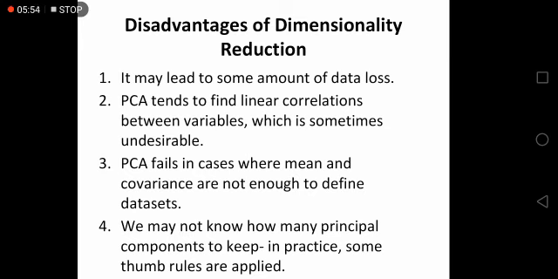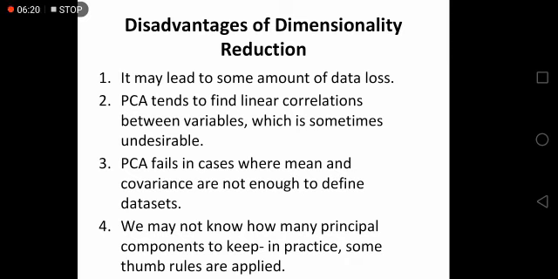When coming to the disadvantages of dimensionality reduction, it may lead to some amount of data loss. PCA, that is principal component analysis, which is one of the methods used in dimensionality reduction, tends to find linear correlations between variables, which is sometimes undesirable.